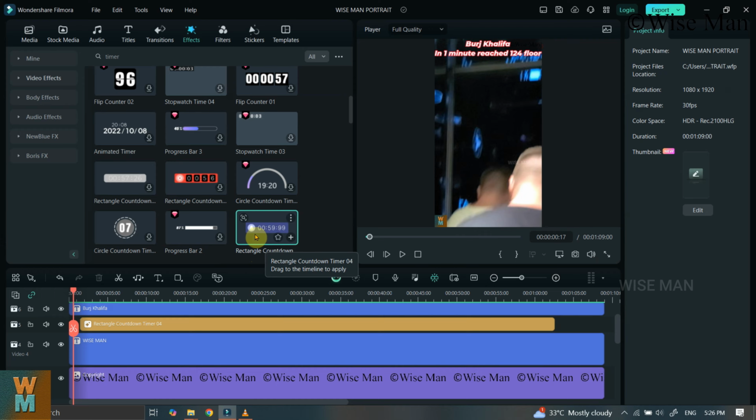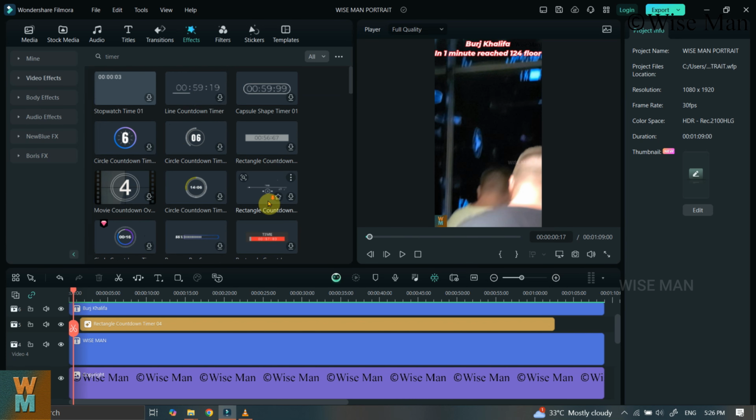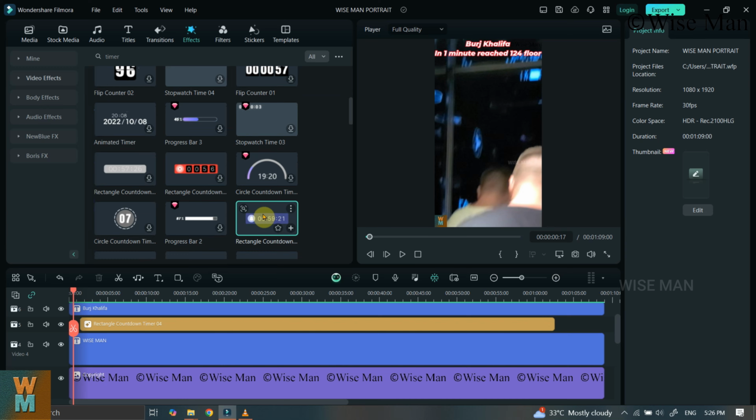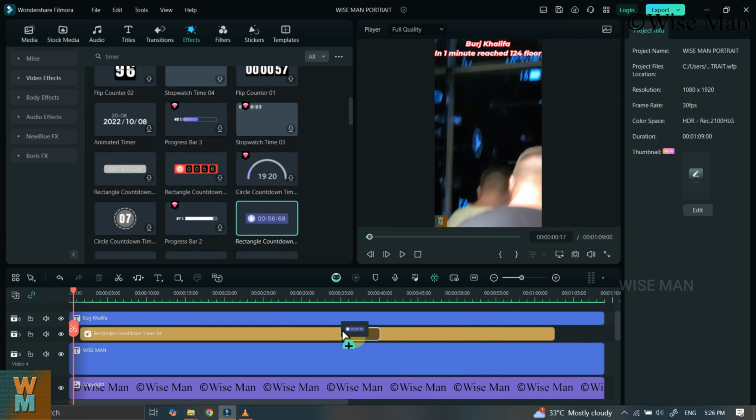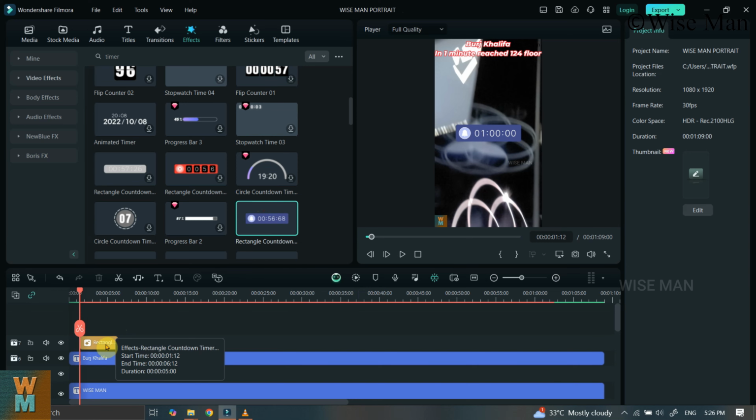You just need to select this, because I'm going to use it and teach you how to edit it. The method I'm going to show you can be applied to any other timers available. If you have downloaded one, you just need to drag it and put it in the timeline where you want to provide the timer. Let me remove the previous timer. Now this is the one timer which I have